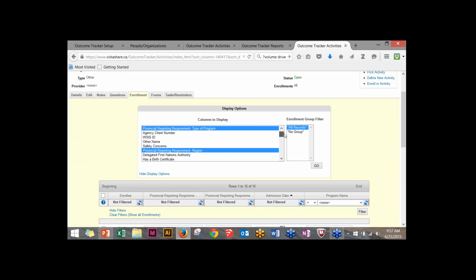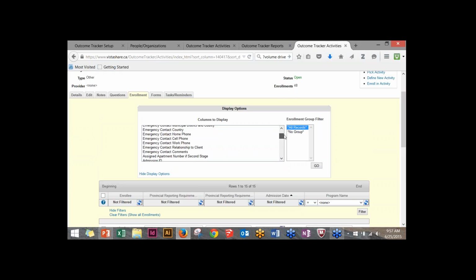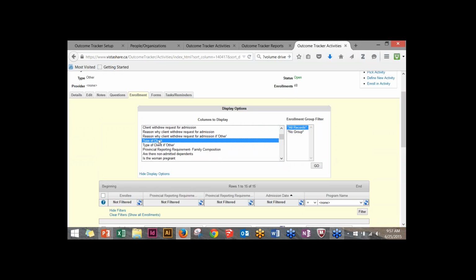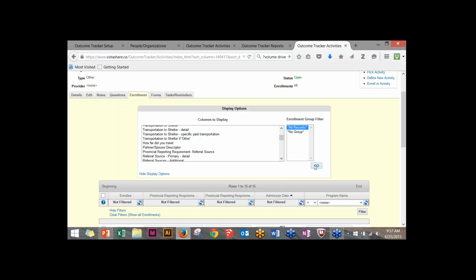So we have all of the questions that are on the admission form. For instance, emergency contact. We have the admission date, which I've already selected. We have type of client, so we can click on that. We can click on any of these questions, and if I hit go,